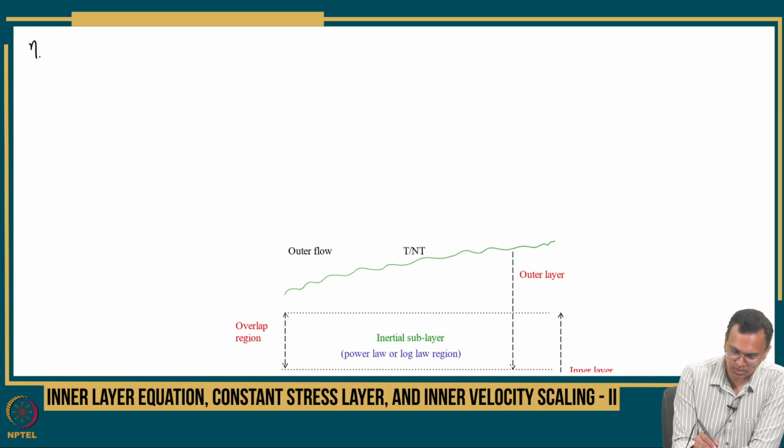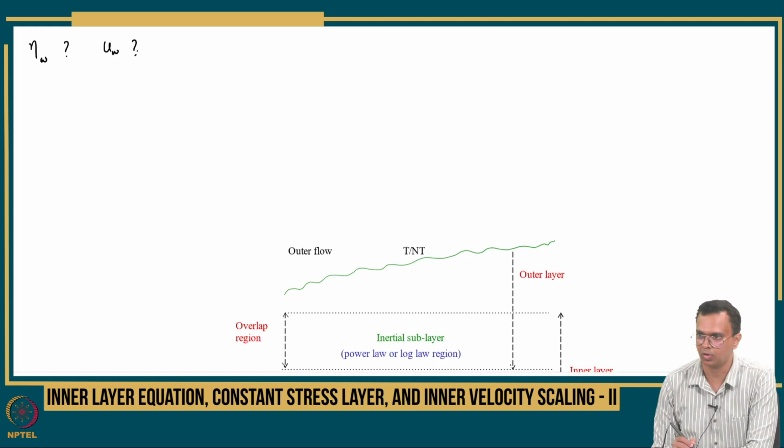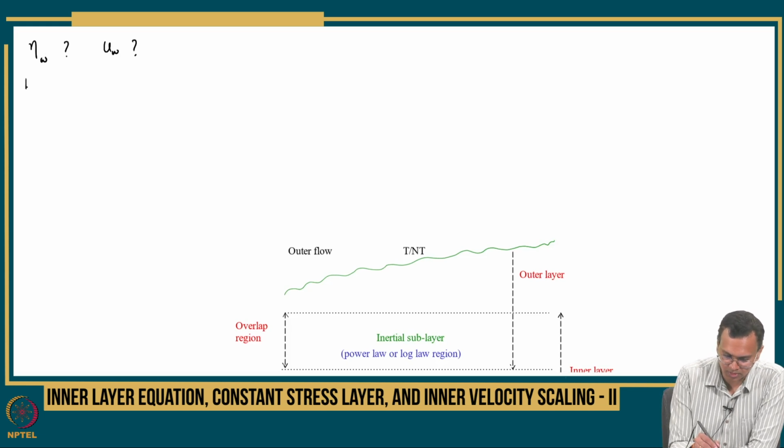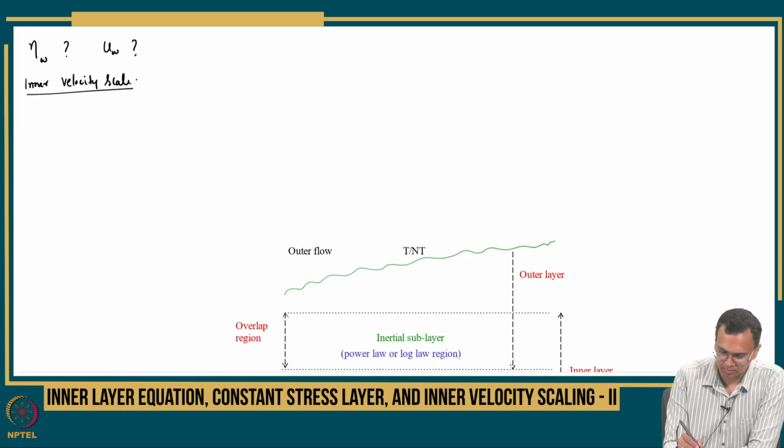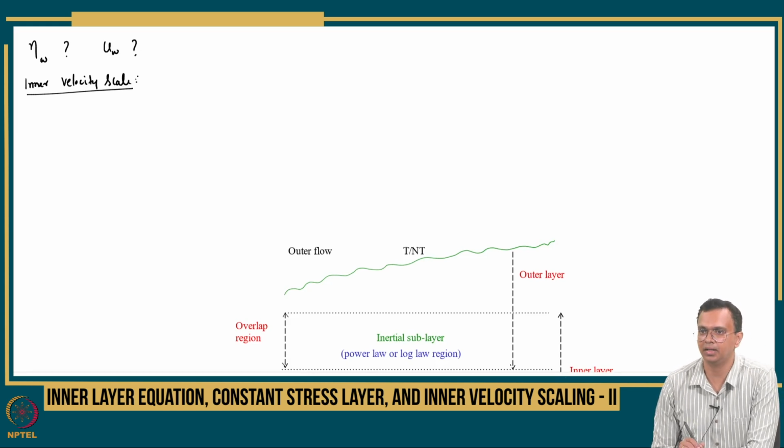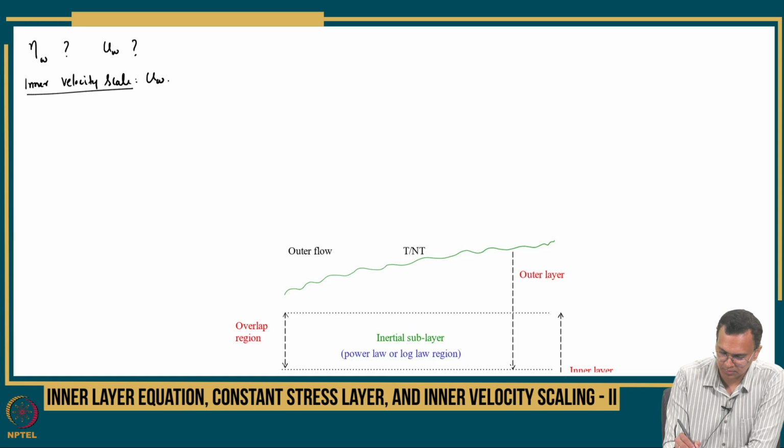So eta w is a question mark, uw is a question mark, we don't know what it is. So we are going to introduce what is called an inner velocity scale, because the moment I know uw, eta w is straightforward. So let's introduce what is called an inner velocity scale. This uw in literature we usually call this